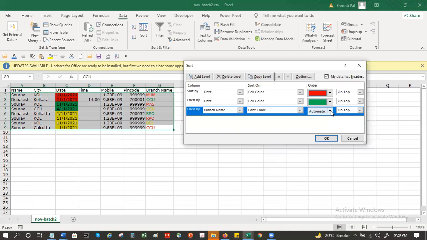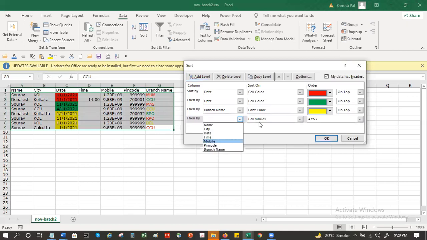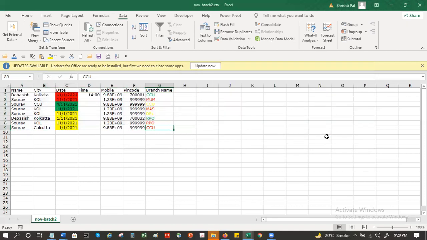And I want the yellow ones at the top. Then the branch name again, font color. I want the green one. So now see, this is two levels. So within yellow, yellow is coming first, then green, then red.